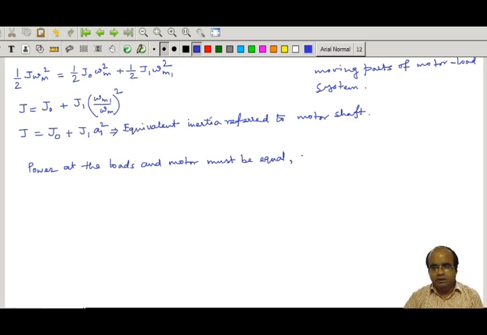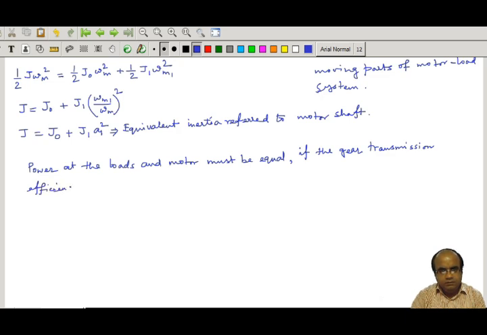Okay, and if I consider the gear transmission efficiency, considered as eta 1, then we can write the equivalent load torque referred to the